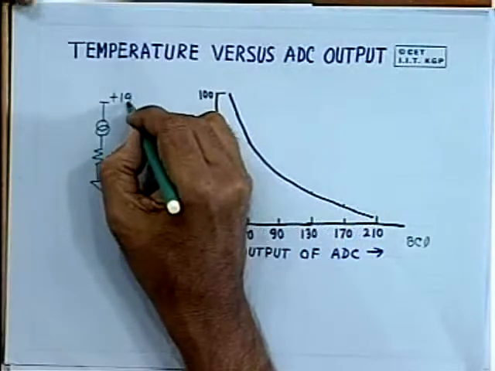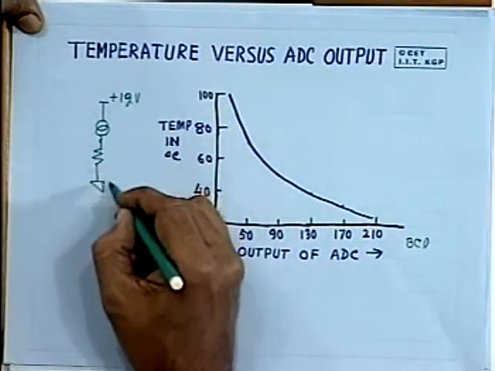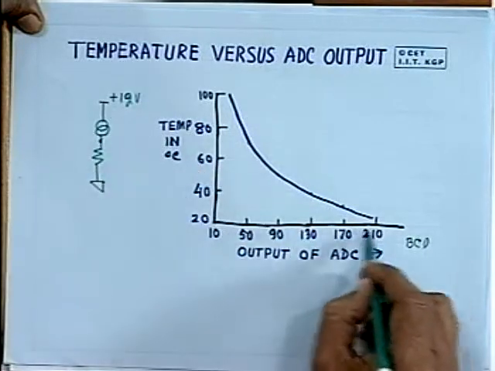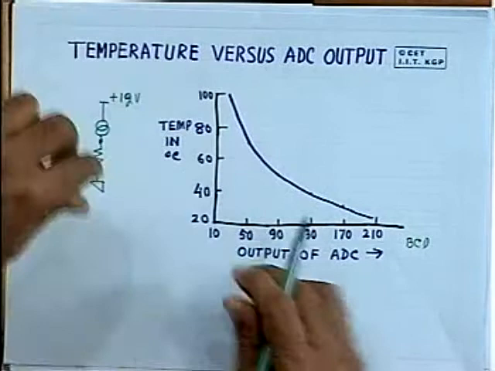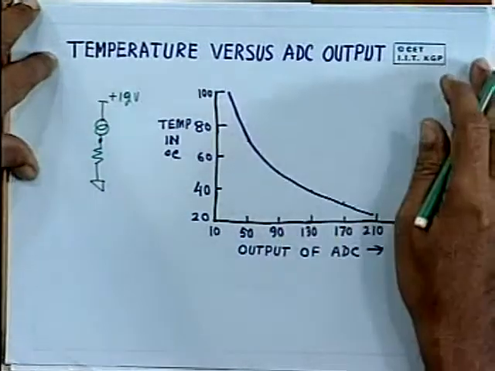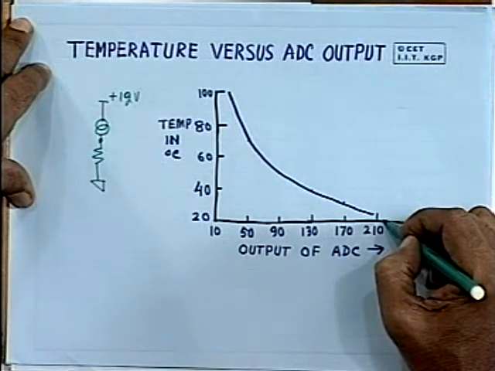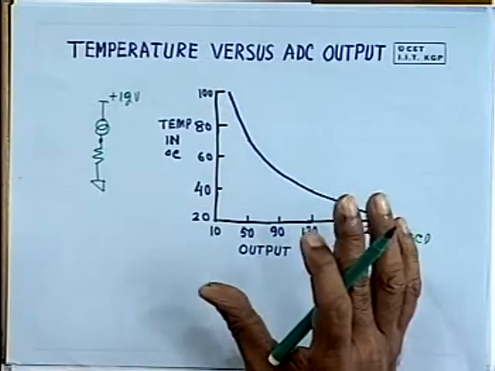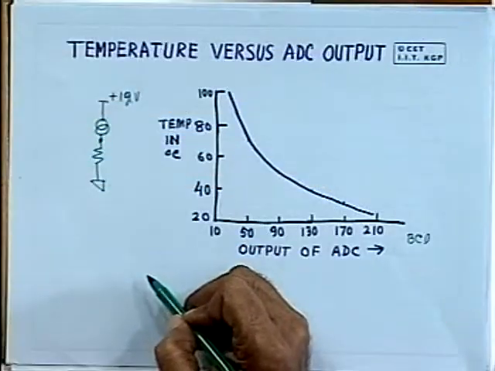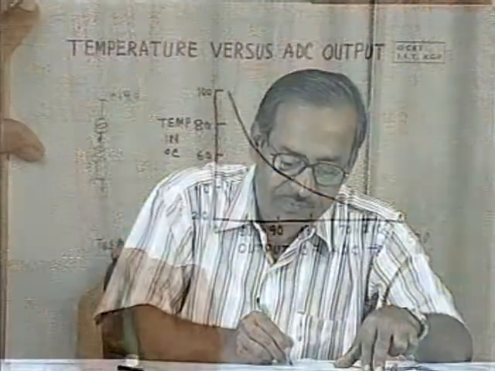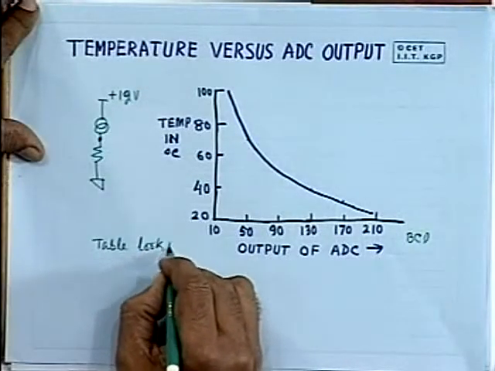12 volt is being applied here, and this voltage, passing through this diode, is plotted here, and the temperature characteristic curve of the thermistor is shown here. As you can see, it is not linear. Since it is not linear, just by simple programming you cannot get the temperature of the water bath, so you have to use some other technique. How can you do that? We have used a simple table lookup technique.